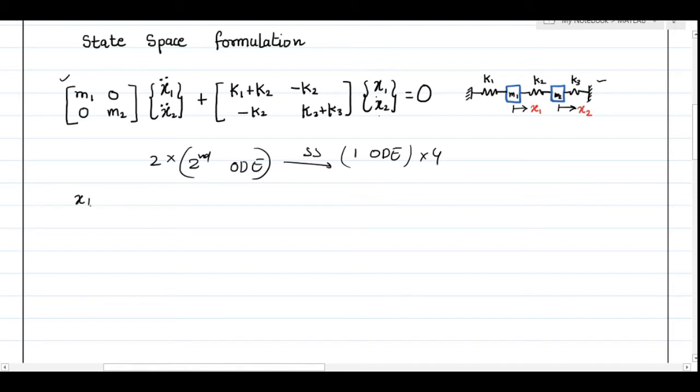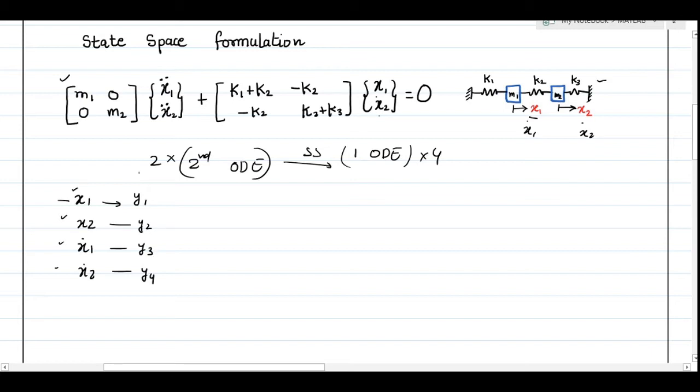So I am going to consider x1, x2, x1 dot and x2 dot. This is the displacement of the first mass that I am writing here. Similarly, I can write here the velocity of the first mass as well as the velocity of the second mass. So displacement, and then velocity and velocity. I am going to consider the displacement of the first mass equal to a state variable, that is y1. Then the second state variable y2, y3 and y4. So these are the four state variables, and we are going to have four first order ordinary differential equations with respect to the four state variables.